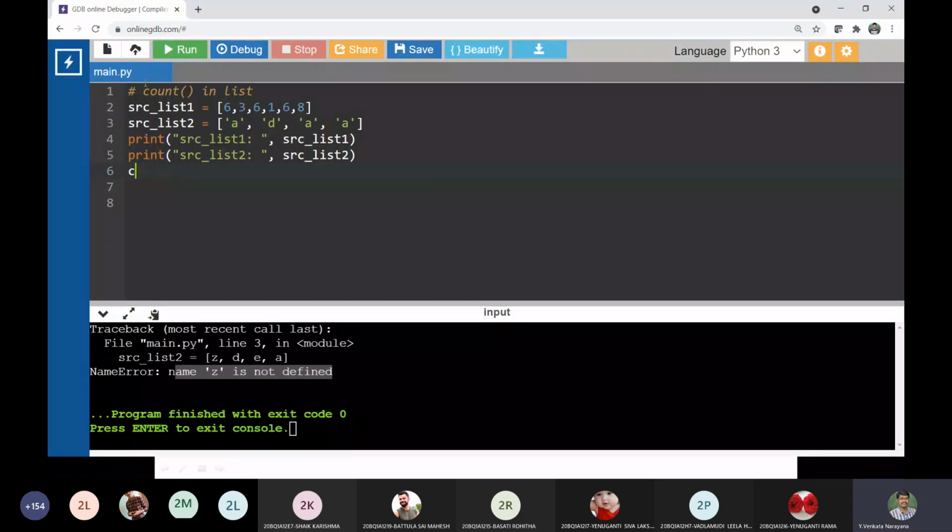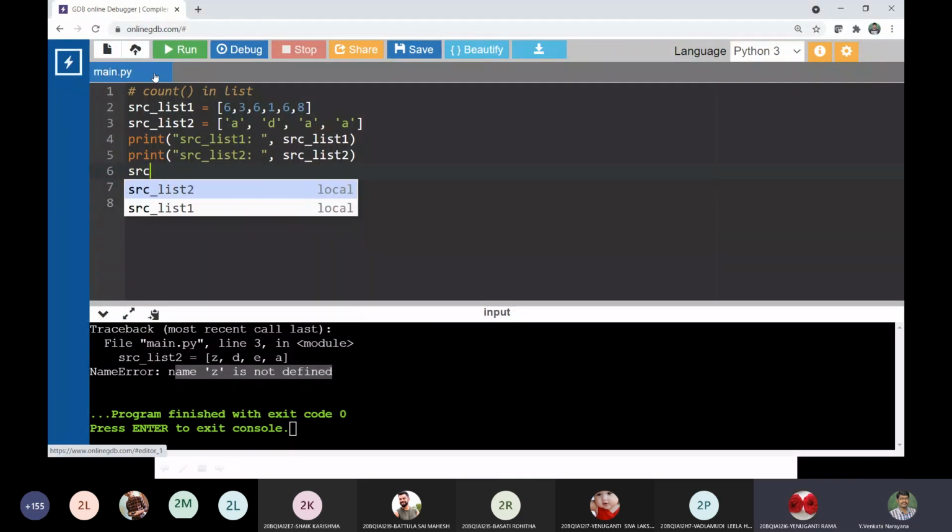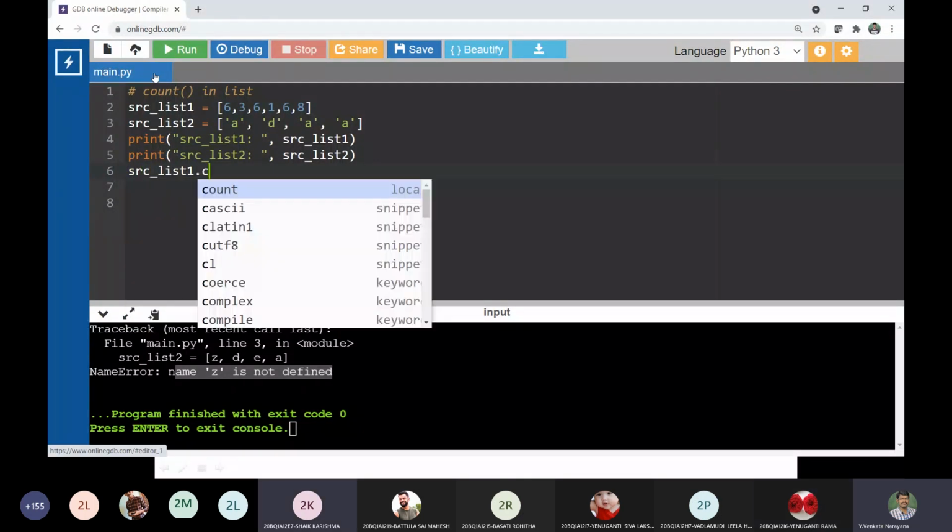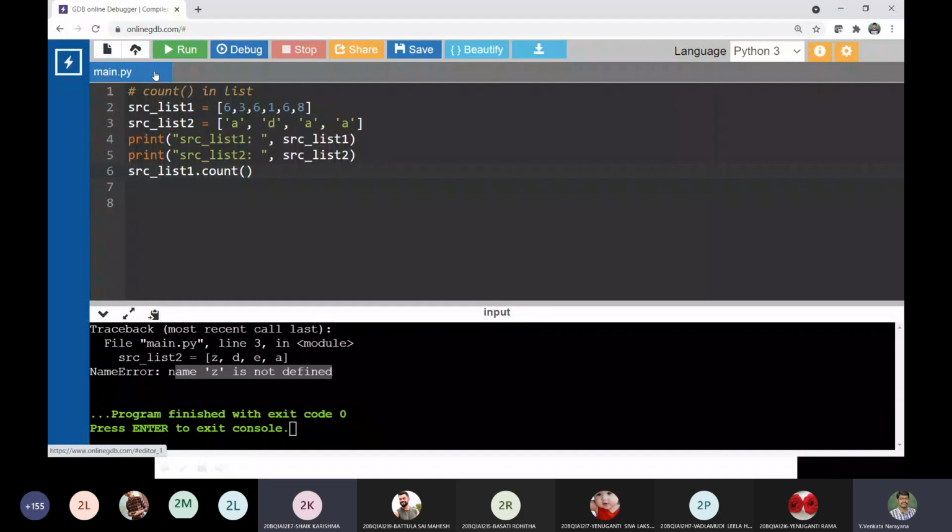See here, what is the syntax? That is list name dot count of item. The item that I would like to count from list 1 is 6. I think this method is going to return the count, right? Can I store it in a variable? Yes, sir.